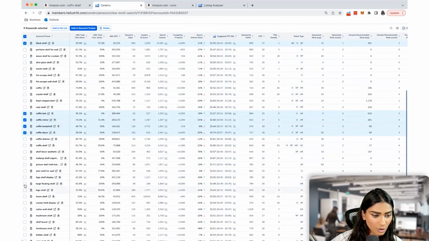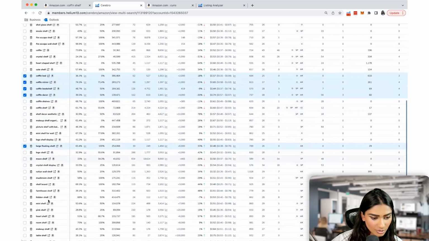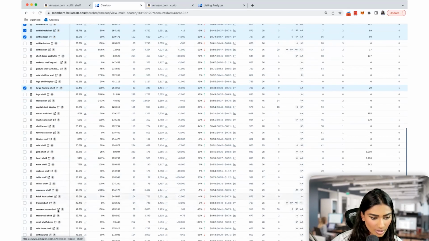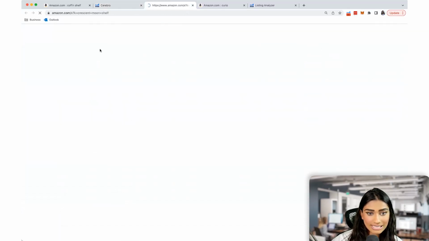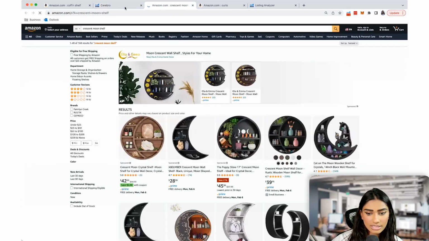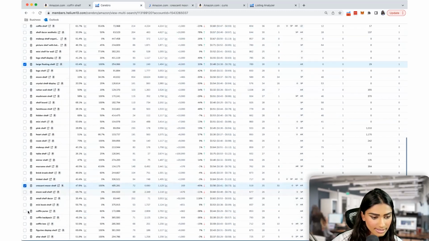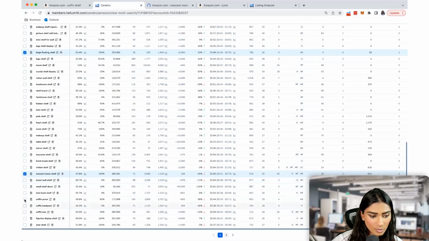We have the large floating shelf, which you can use as a floating shelf or not. If you want, you may find things that you don't entirely know. So let's say you wanted to figure out what that is, you'll want to pop it open. We have the crescent moon shelf. So this, I feel like, is kind of on theme for what we have. I'm going to go ahead and select that. We have a coffin purse. Like I said, if you want to divvy this out with PPC, just make a different folder. But for now, for the sake of time, I'm just going to go ahead and bulk add these.